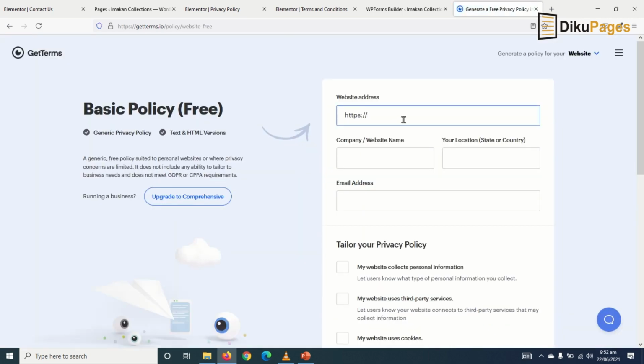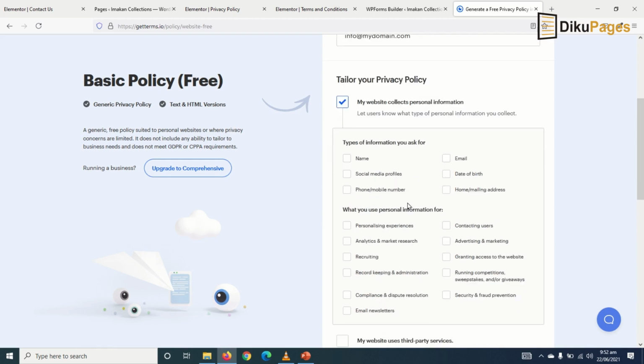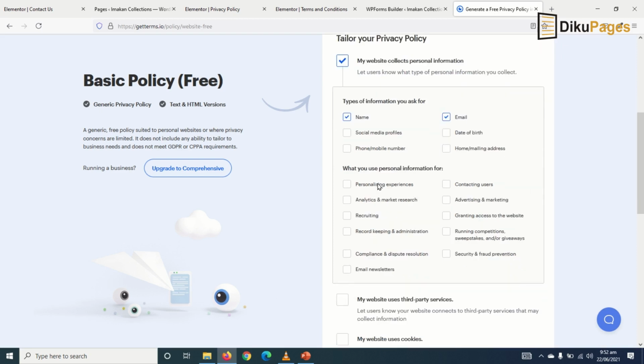In here, I enter my web address. So I'll say mydomain.com, for example. Company name, my domain, then location, I'll say Ghana, email, info@mydomain.com. So my website will collect personal information. What kind of information will it collect? Name, email, phone number,